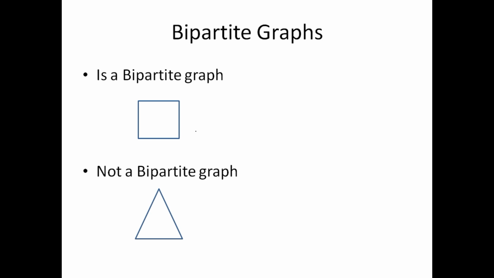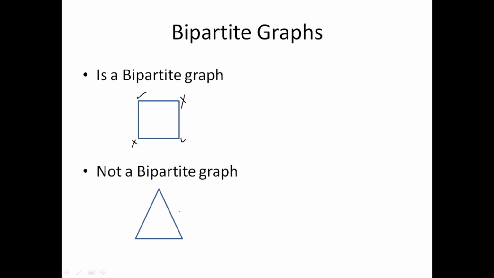Let's look at an example. If you take this quadrangle, this is a bipartite graph. This is because I can put this vertex and this vertex in L, and the other two vertices are in R, so they will be on the right hand side. There is no edge going across the diagonals. So you will have only edges going from left to right.